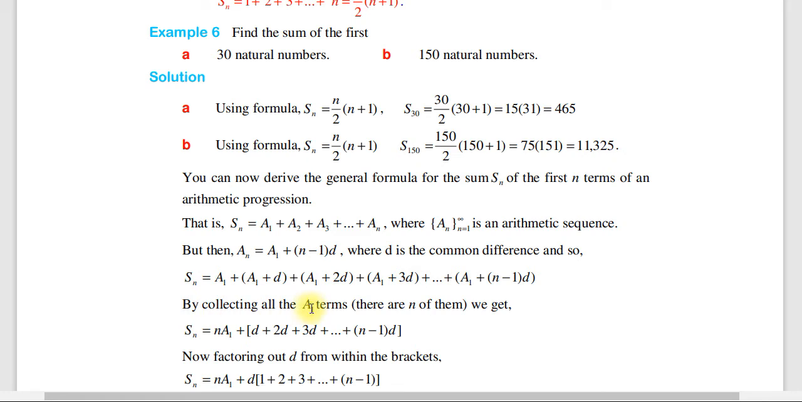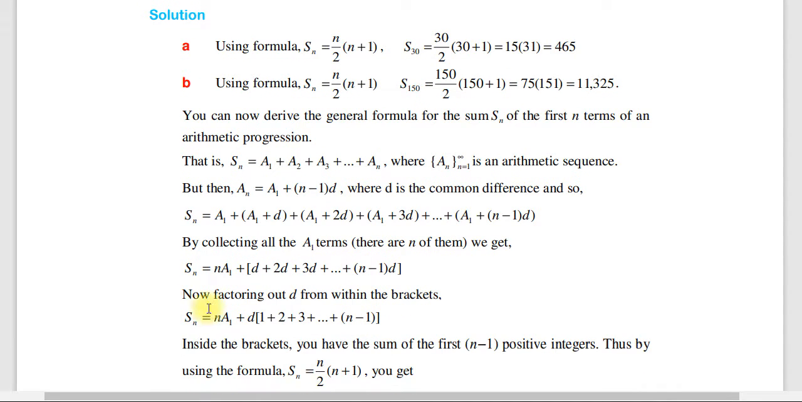By collecting all a1 terms there are n's of them ማለት n ያክል a1 አለን ማለት ነው። እዚህ ጋር n ያክል So Sn ማለት n times a1 plus d plus 2d plus 3d እያለ እስከ n minus 1 d ድረስ ይቀጥላል።